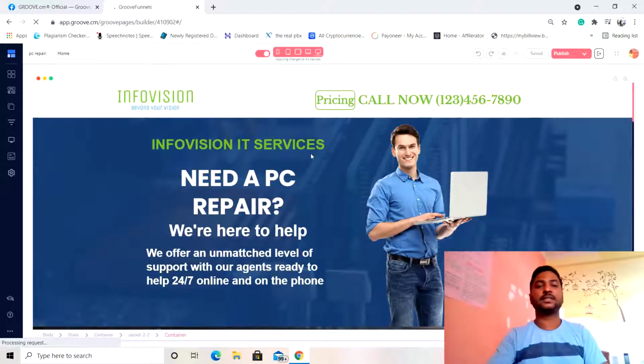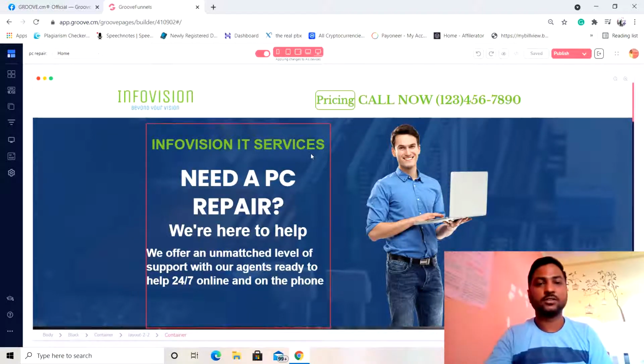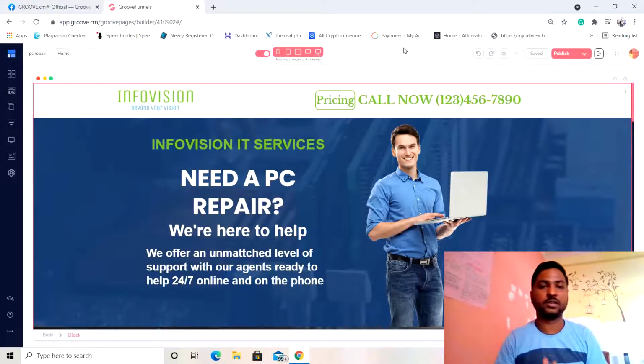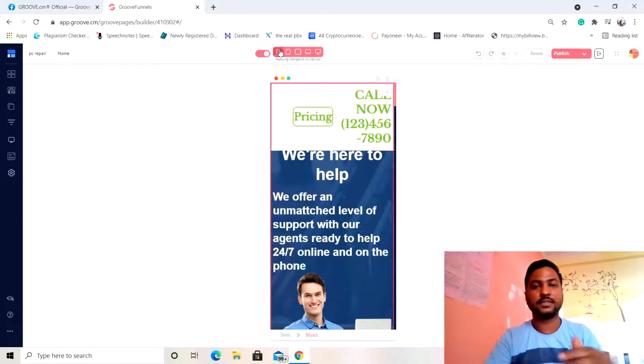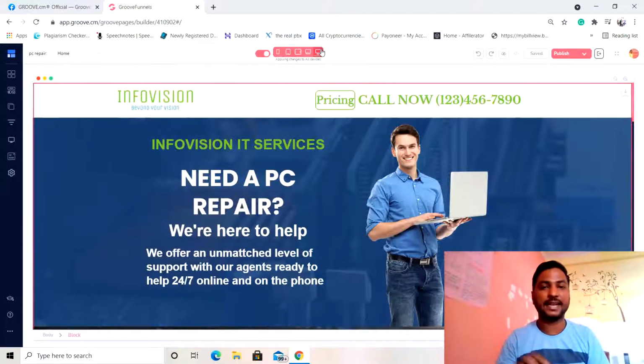So here you can see this is the page which I was trying to make the changes on and fix according to the mobile device. Let's go ahead and see over here: when I check the mobile option, if you can see at the top, we have the option to select the particular device on which we can see how our website will look and how it is optimized.